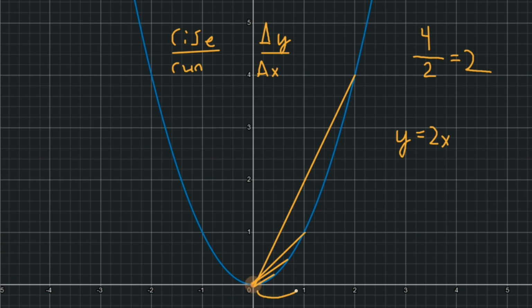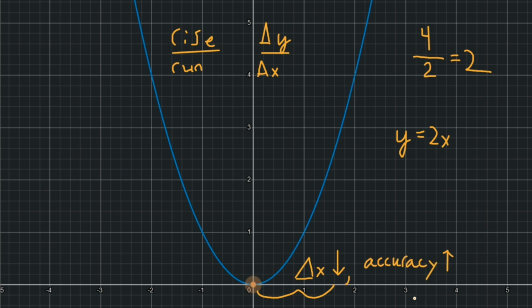So what we're noticing is that as delta x, the change in x, decreases, the secant line is becoming more accurate. So if the accuracy of our secant line increases as the change in x, that is the distance between the 2 points, decreases, then how does that help us? Well, remember, the secant line is just a measure of the average rate of change, the rise over run, between